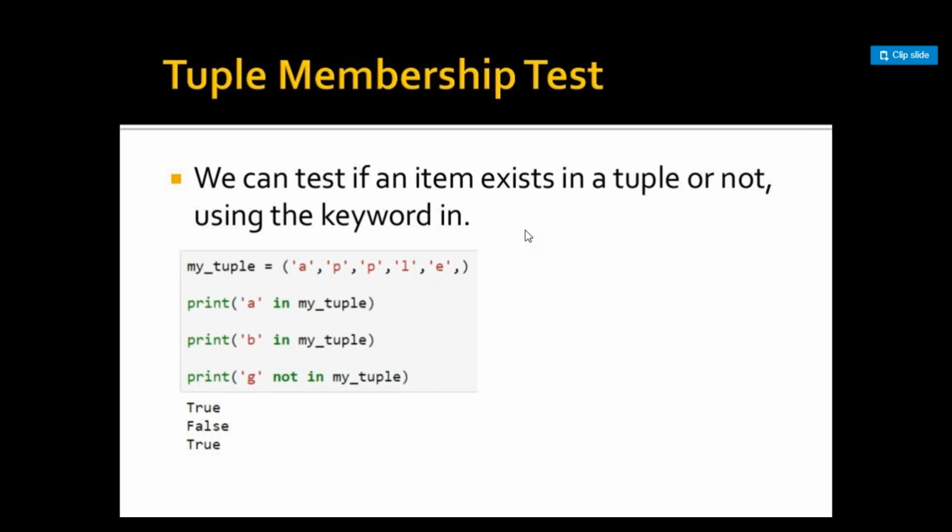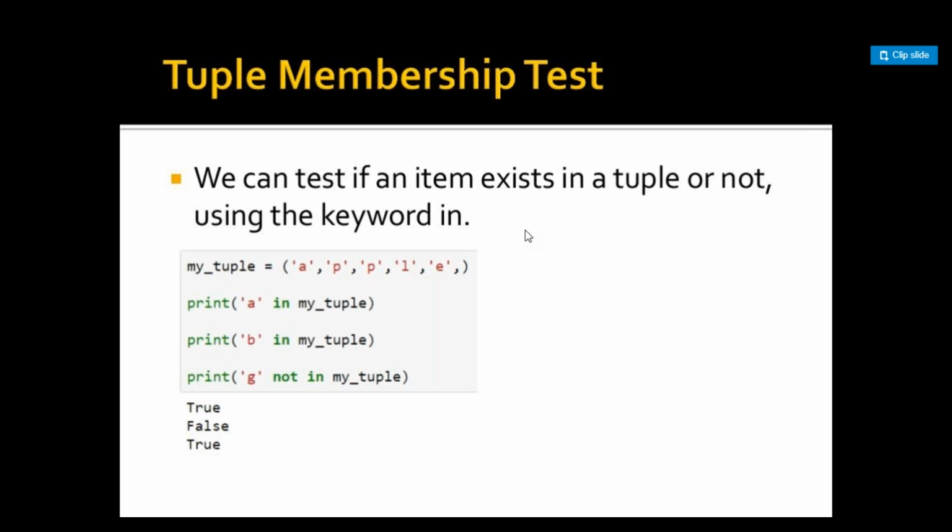Please make a note. In any programming language, C, C++, Java, membership functions will return Boolean expressions, either true or false.